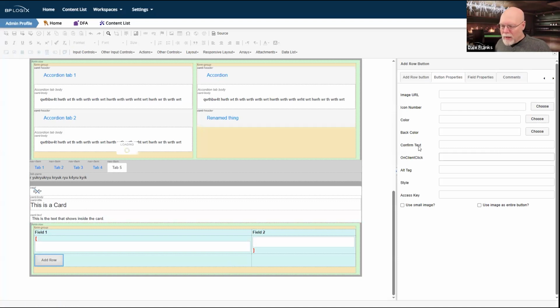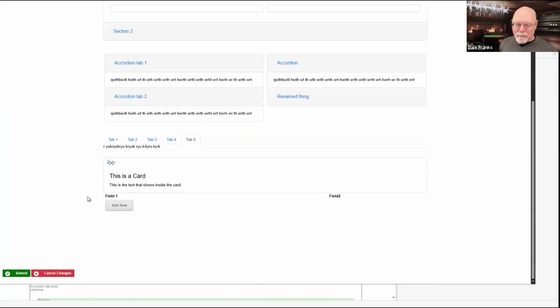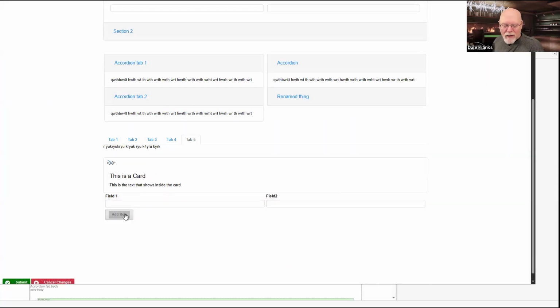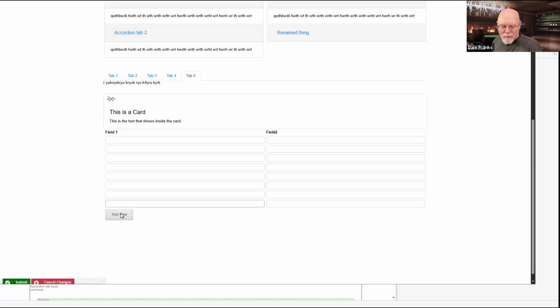So we'll go ahead and run my form again. I keep promising myself I'm going to keep the form open. I'm just going to swap back and forth because I'm not making any changes to it, and I keep closing the form because I can't help myself, apparently. So here's my array. There's my add row control. So I can just click and I can add as many array rows as I need, even though the controls are very small in terms of their vertical height. I can just add whatever rows I need in my array.